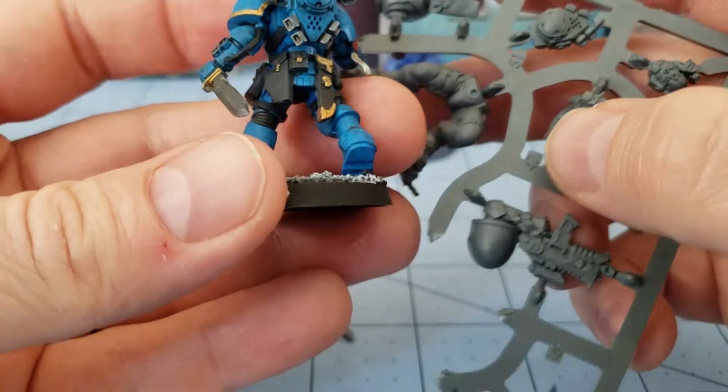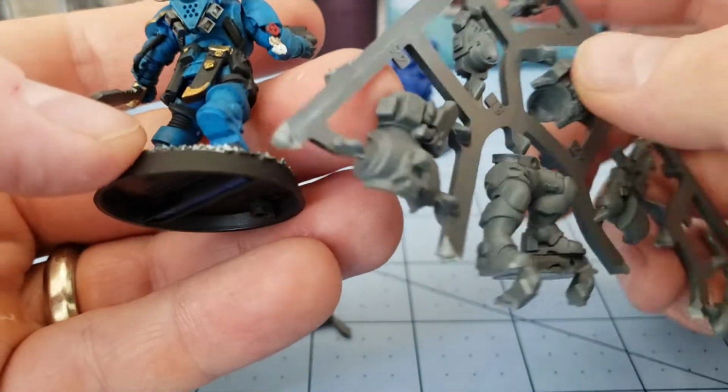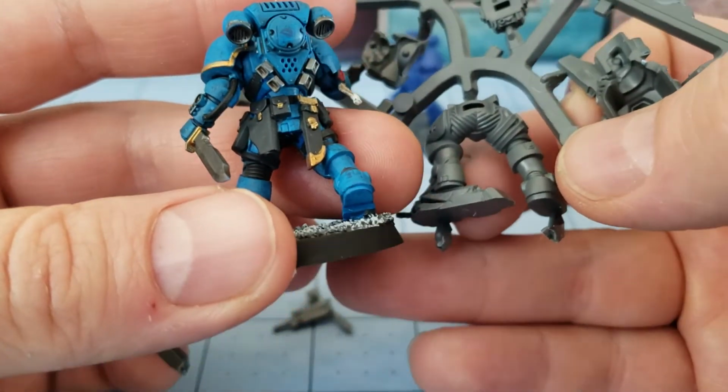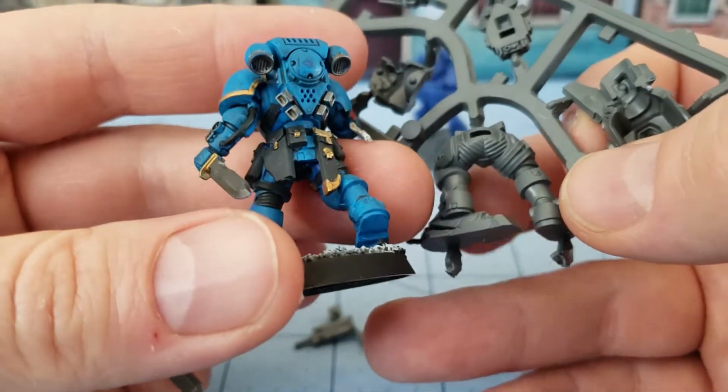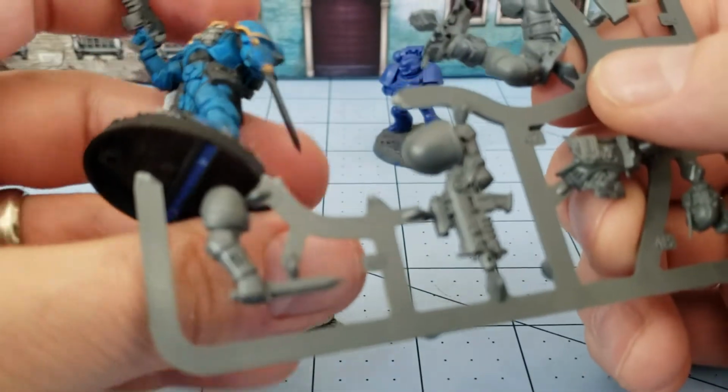You'll have to forgive my poorly painted Reaver here that has no chapter markings, because I could never make up my mind if he's going to be a Crimson Fist or an Ultramarine, so I just didn't bother finishing it one way or the other. So the lower leg armor is pretty similar there. The backpacks are obviously different. The torso...